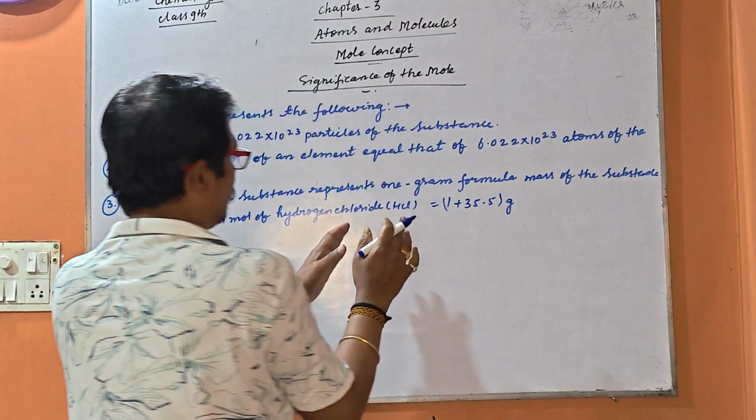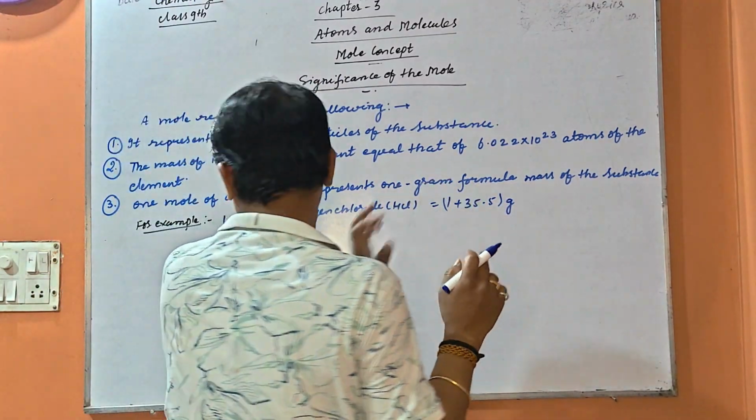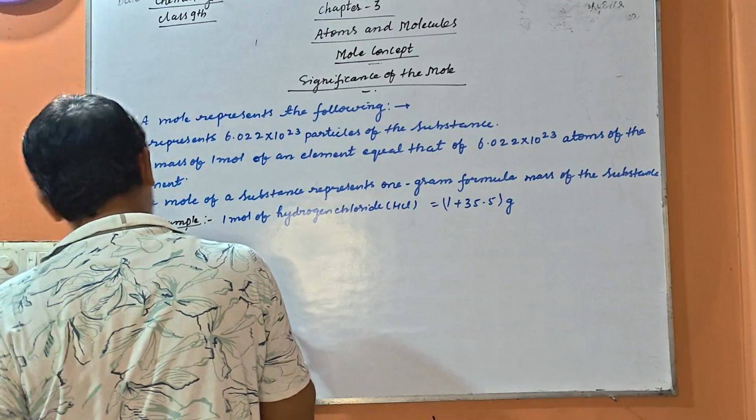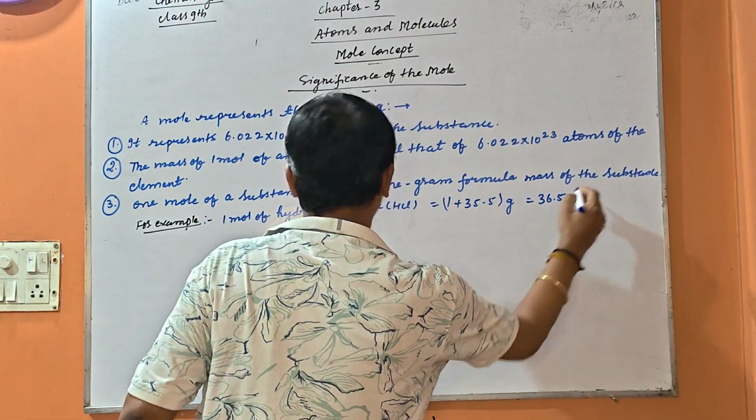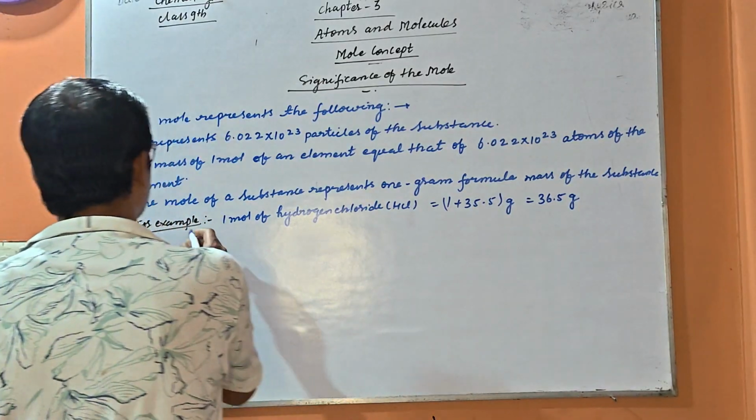That is the atomic mass of hydrogen plus the atomic mass of chlorine, equal to 36.5 gram of HCl. So this represents the mass